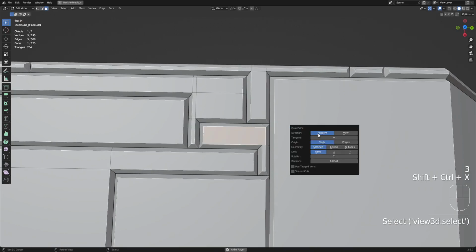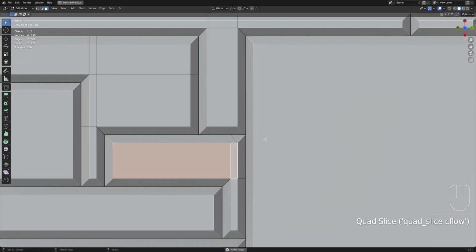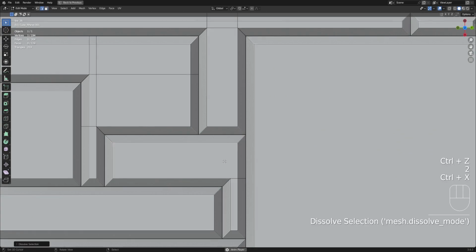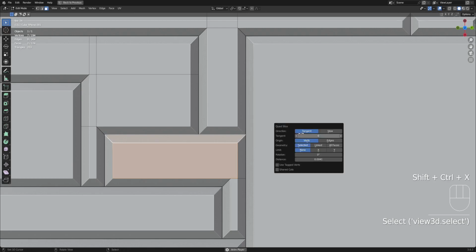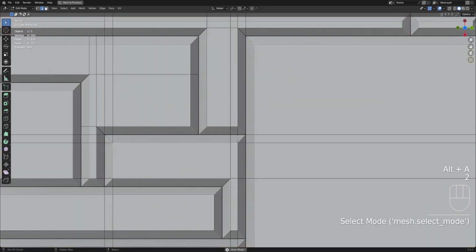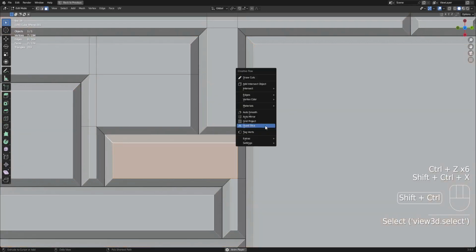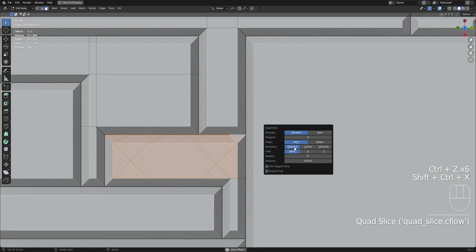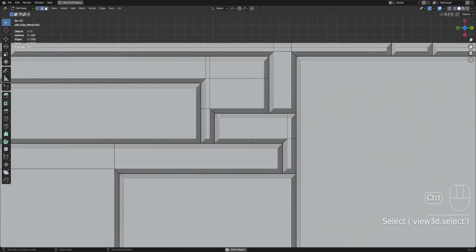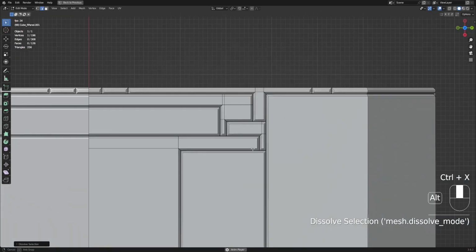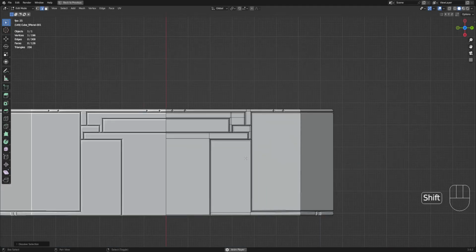This one as well. Delete this, and tangent. There you go. Delete this. Oops. I think I used all faces selected. And delete this. Also this. Okay, so